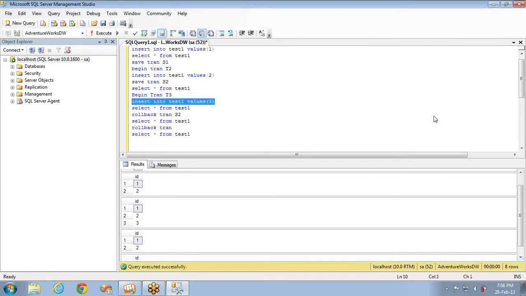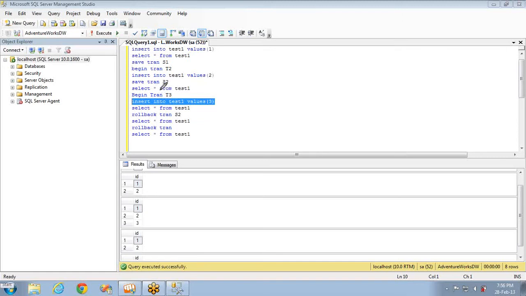This is inserted. So if you see here, first when this one is inserted, the first record is showing when I select the select statement, and when I insert the second one using the begin transaction T2, I have inserted one more record into the database, and you can see it is returning 2 records here, and the third one, it is save transaction.